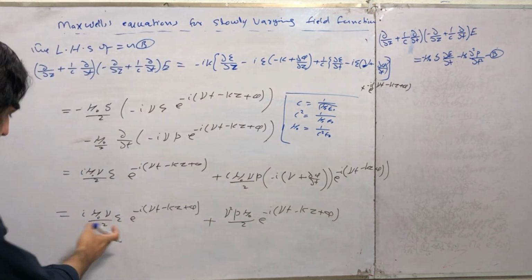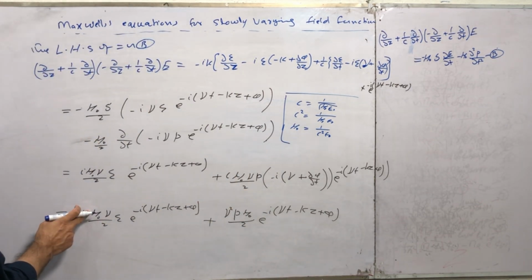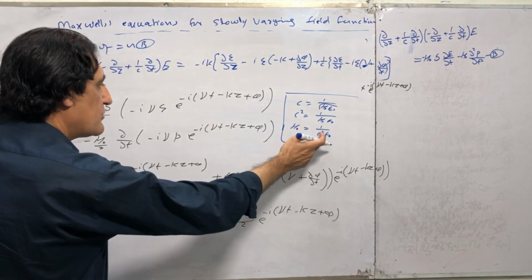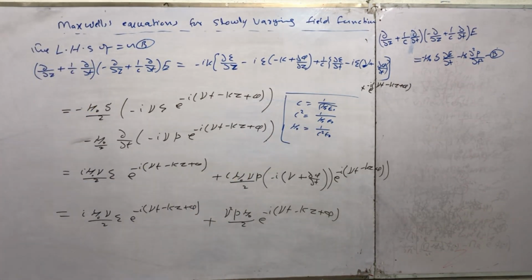Then you can put the value of mu naught which is equal to 1 over c square epsilon naught, then the result must take the form as